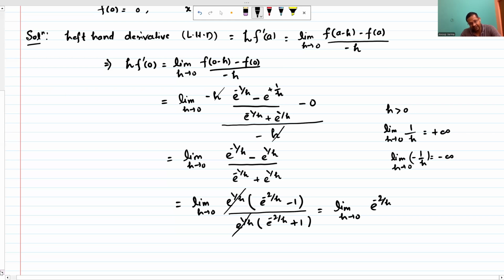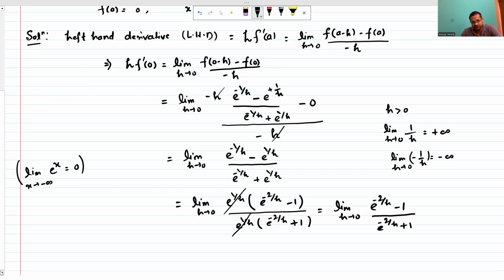अपॉन h एंड माइनस ऑफ 1 डिवाइडेड बाई e टू पावर माइनस 2 अपॉन h प्लस। ओके, ये आ गया। अब एक चीज और यहाँ पर ध्यान कर लेते हैं कि वेन एवर दिस लिमिट, जब x इज टेंडिंग टू माइनस ऑफ इन्फिनिटी, x is tending to minus of infinity, e to power x will be tending to zero। We know that when x is tending to minus infinity, then e to power x will be tending to zero।